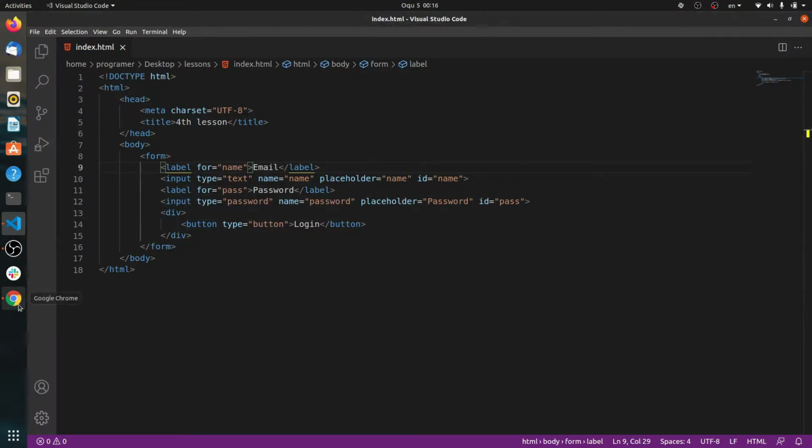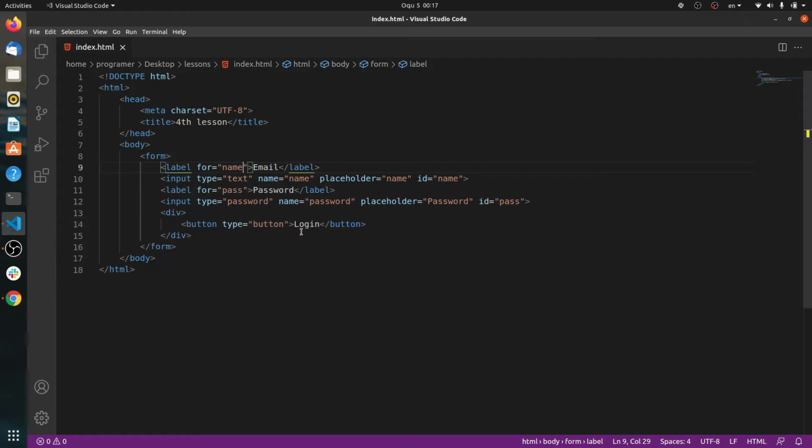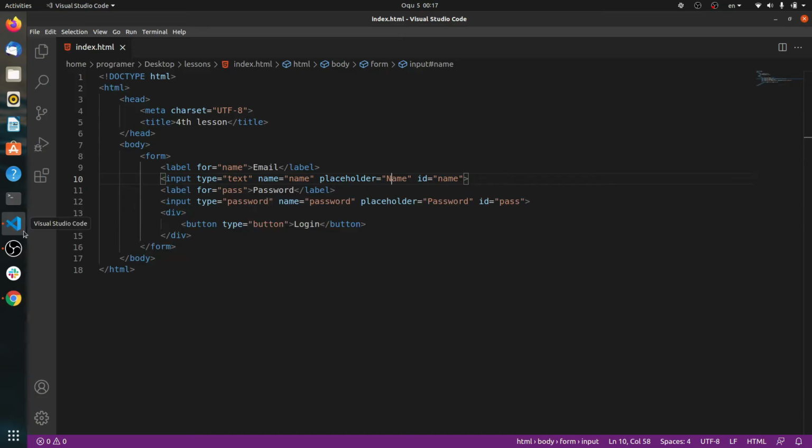As you can see here, the text inside of the input has changed to name, but before this it was email. Okay, so the gray letters that you see here are the placeholders, and the placeholder gets the value of the placeholder name, the text which will be displayed inside the input. And here it gets the label which contains the name